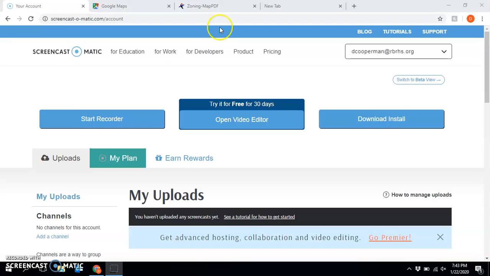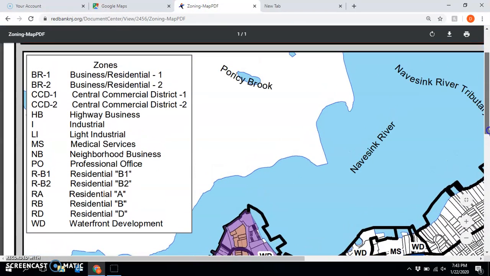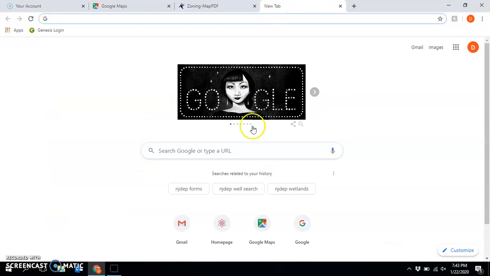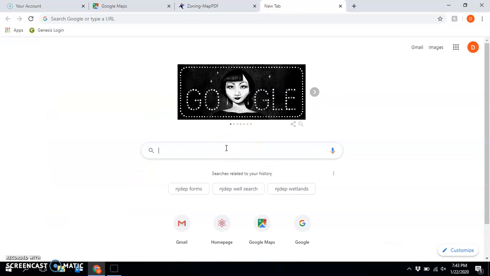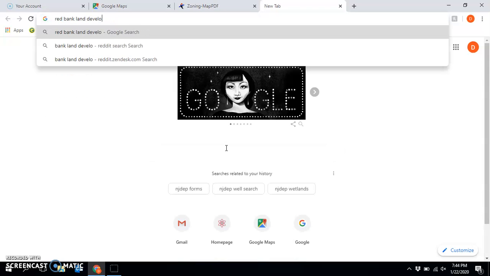So let's say that this is a Red Bank zoning map. Let's say that we are in zone RA, residential A zone. So once you know which town and zone you are in, start by searching the town land development ordinance. So I'm going to type in Red Bank land development